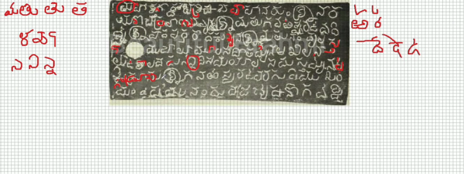Pekkandru means a guild. Pekkantru is an obscure word in an earlier form of Telugu. It is still there in modern Telugu, but it is rarely used. Pekkantru is a guild. It could be a carpenter's guild, a merchant's guild, a weaver's guild. Any guild is called a Pekkantru. Samastamaina Pekkandrunu refers to across four countries. There are some 18 communities, and of all the 18 communities, whatever guilds exist, this Shasanam is valid for all the guilds across four different countries.